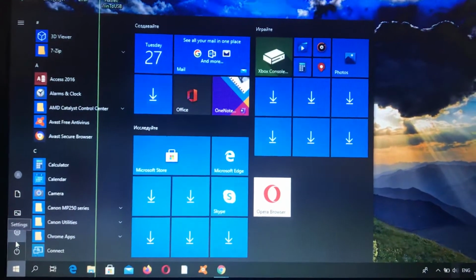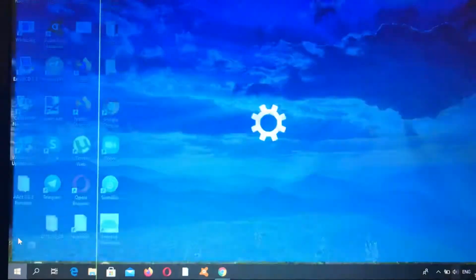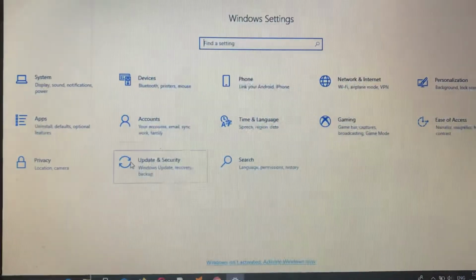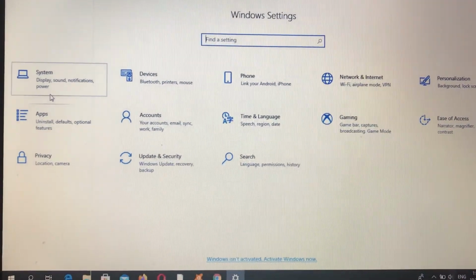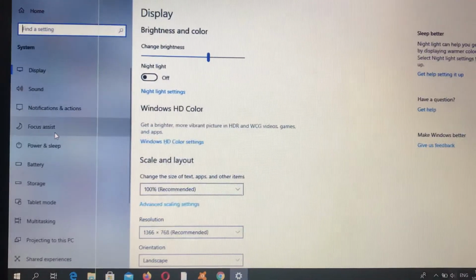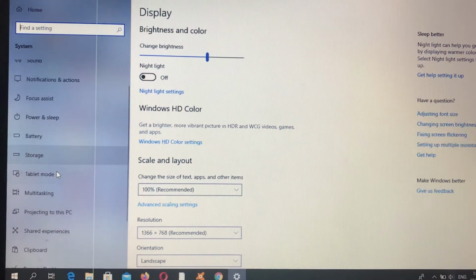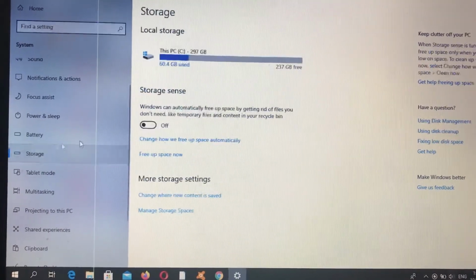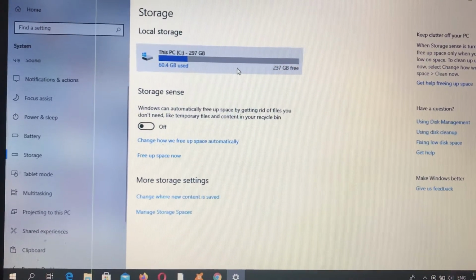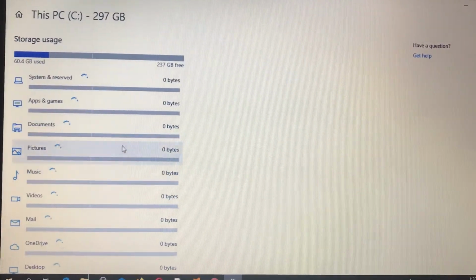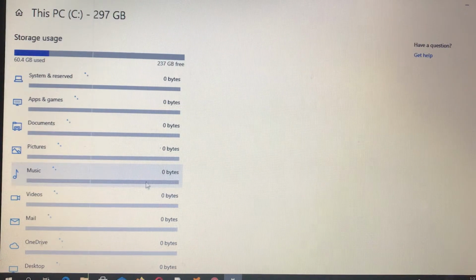So for doing this you just need to go to the settings, and in the settings you need to find your system, and in the system you need to find your storage. So here you can see your storage, so just tap on it and just wait until it will analyze all